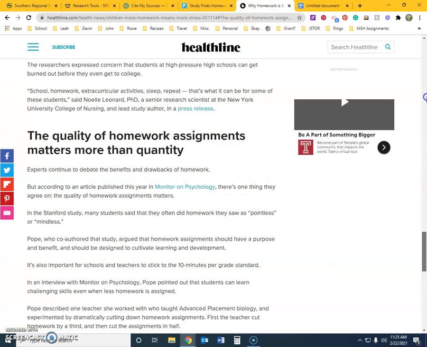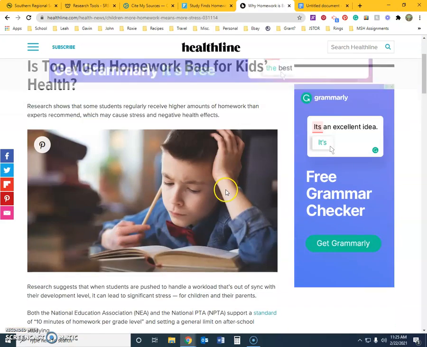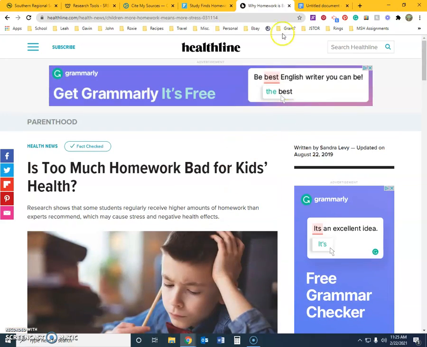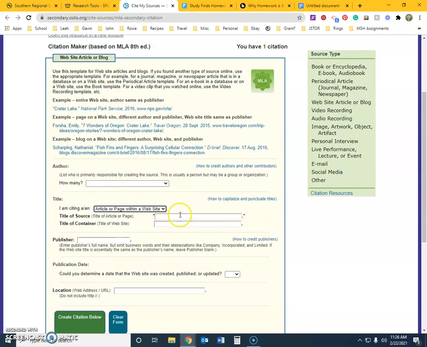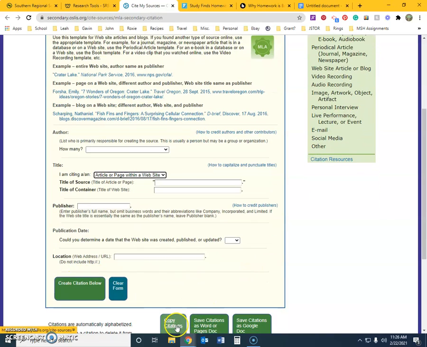And I can start over again by typing in my information. How many authors? I'm citing an article within a website. My title of website, my publisher if it's needed, publication date, URL, create citation, copy citation,